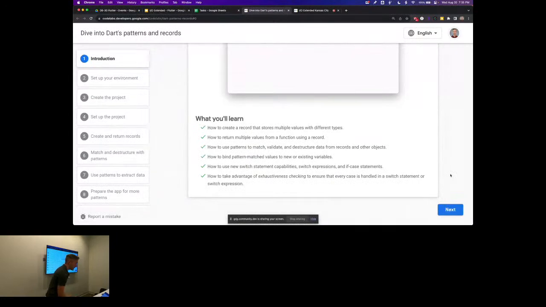So in the code lab, we'll create a record to store multiple values. In Kotlin, tuples are kind of the analogous term for that. We'll figure out how to return multiple values from a function using a record. We'll use patterns to match, validate, and destructure data from records and other objects. And then we will use patterns for switch statements and show how that can be used for exhaustiveness